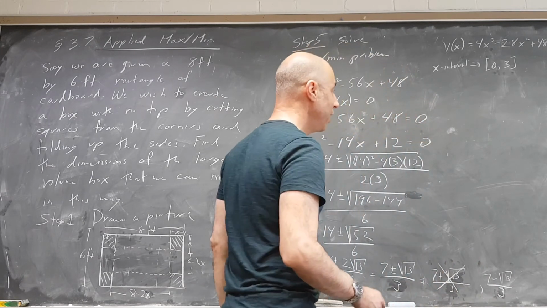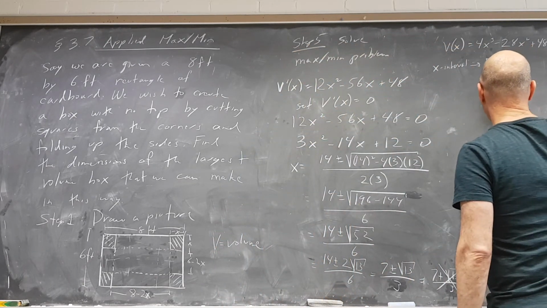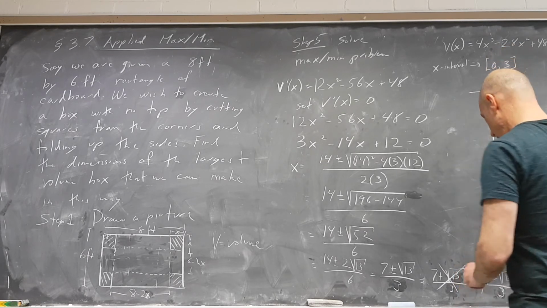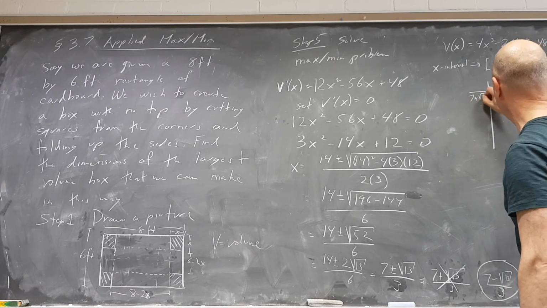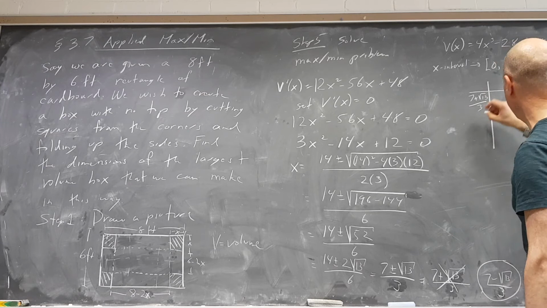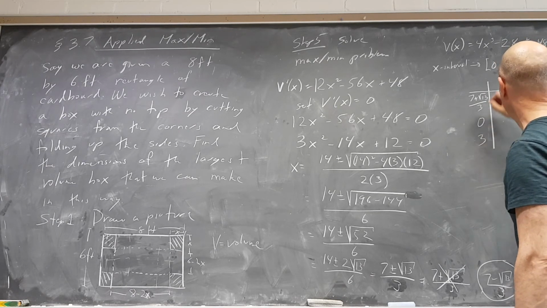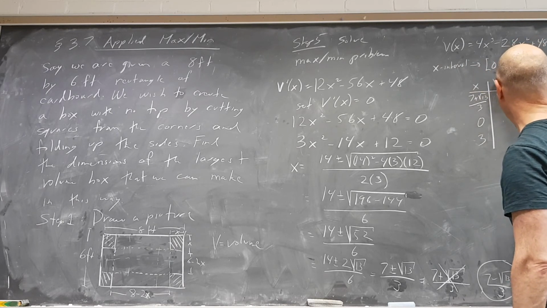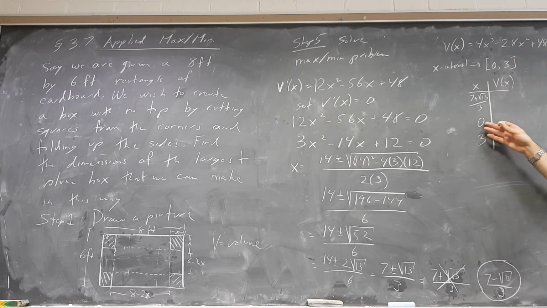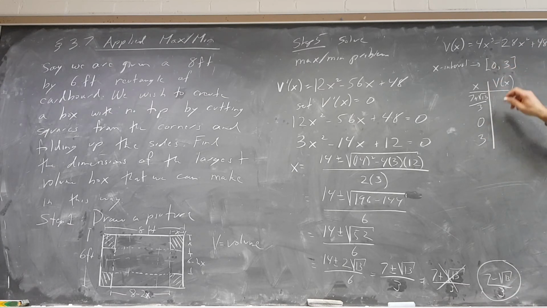So now what we're going to do is take this critical point, 7 plus root 13 over 3, and both endpoints, and plug them into my V of x. So this is x, and we'll compute V of x. If we plug 0 in, we're definitely going to get 0. If you plug 3 in, you get 4 times 27 minus 28 times 9 plus 48 times 3, and that all cancels out and gives you 0,